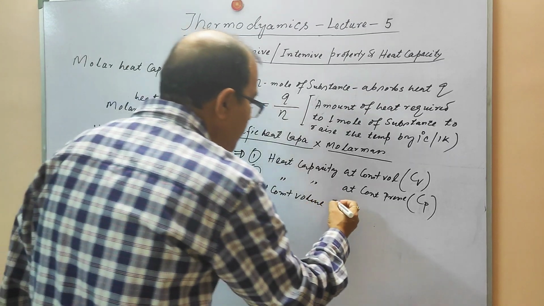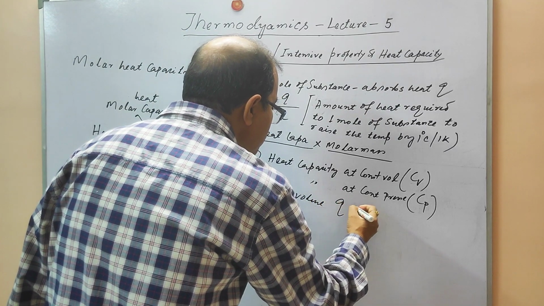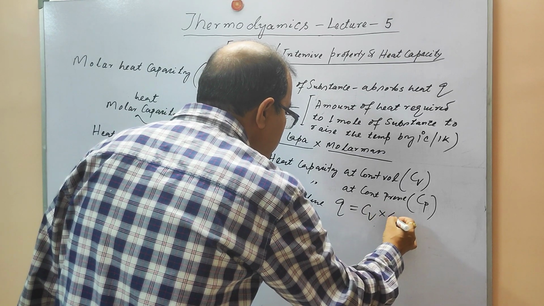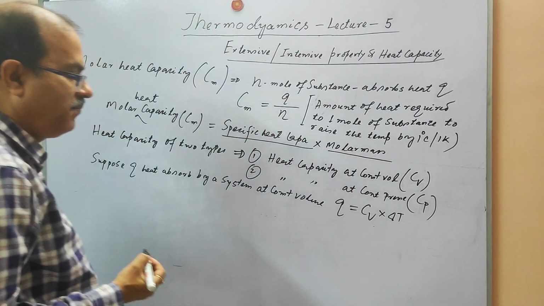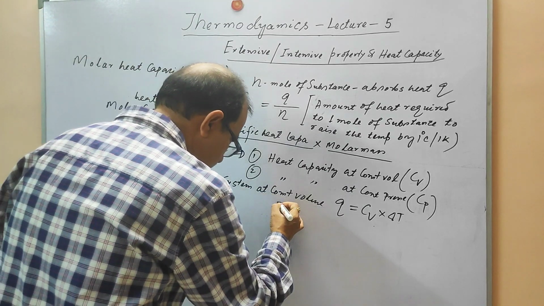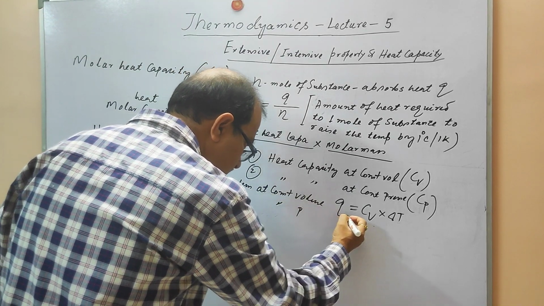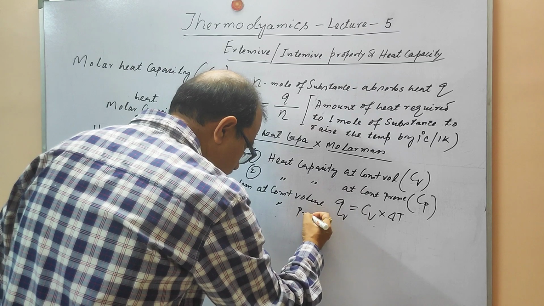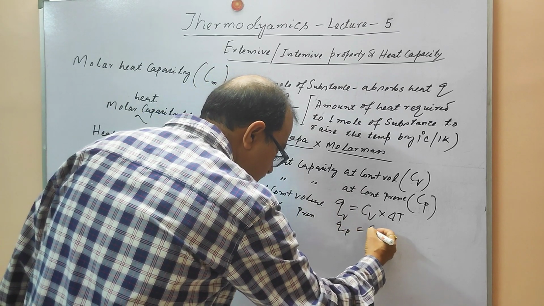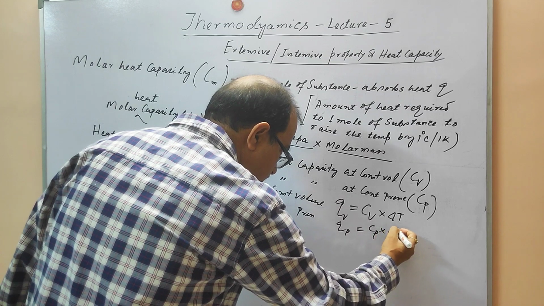At that time we can write Q is equal to CV into delta T, right? And at constant pressure, that will be QP. We can write CP into delta T,